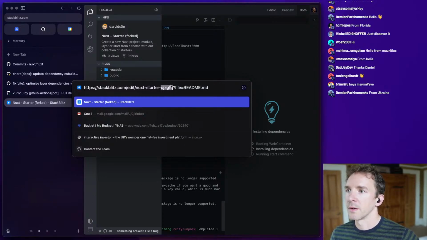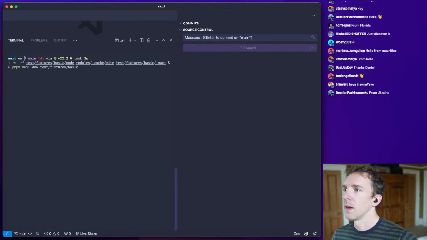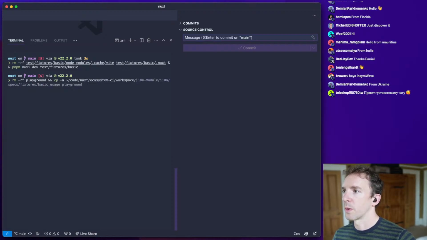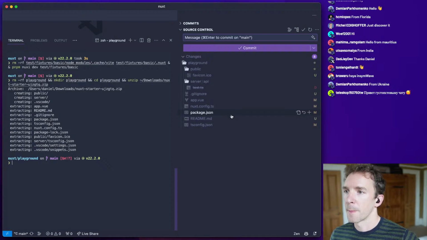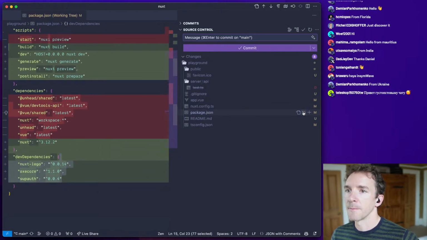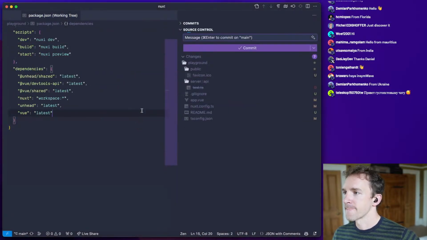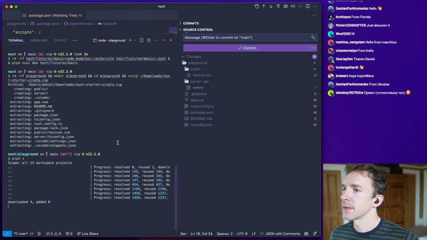I'm going to drop that file into my project, make a new playground, and unzip the file I just downloaded into it. Now it's in my repository, and I just need to add these extra dependencies. Cool, I'll run that.